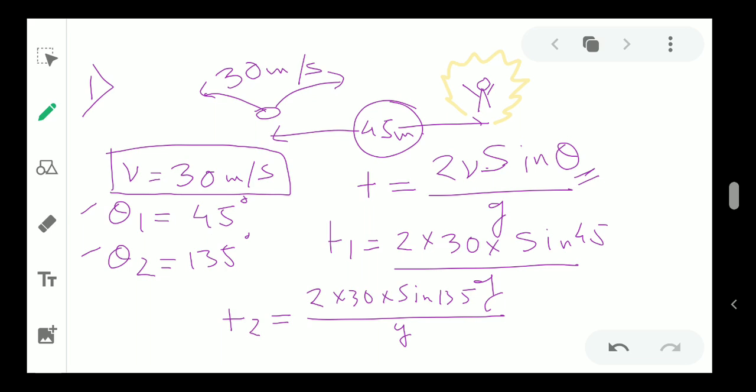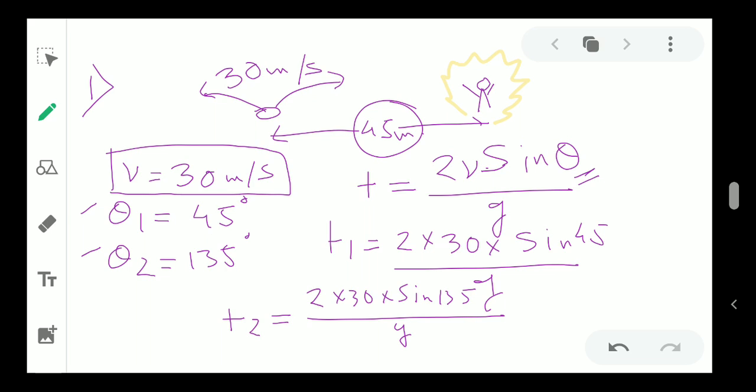Now let us calculate this. I am using a calculator. I know that you will not get a calculator in your exam. So what you can do there is, you know the value for 45 degrees, and you also know that 45 plus 90 is 135. So sine 135 can be written as sine of 45 plus 90, which will be converted into cos 45, and then you can find out the value.